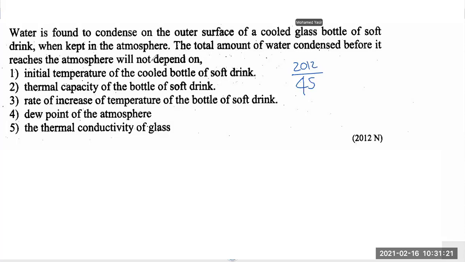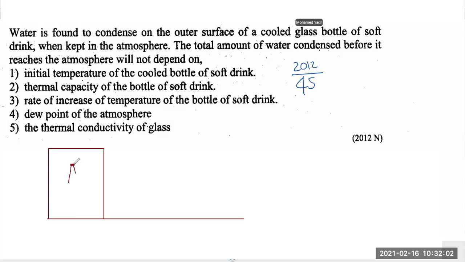Now, I think we discussed these questions in the previous class, about how a person from a room at low temperature, or a cooler environment, who enters a warmer environment can observe dew forming on his or her spectacles. So this is similar to that, but a little different. They are taking a soft drink bottle out of a refrigerator. Let's take it that way. So there's a refrigerator, and they are taking a soft drink bottle out of it. Let's see what's going to happen in that soft drink bottle. You might have observed this in real life as well.